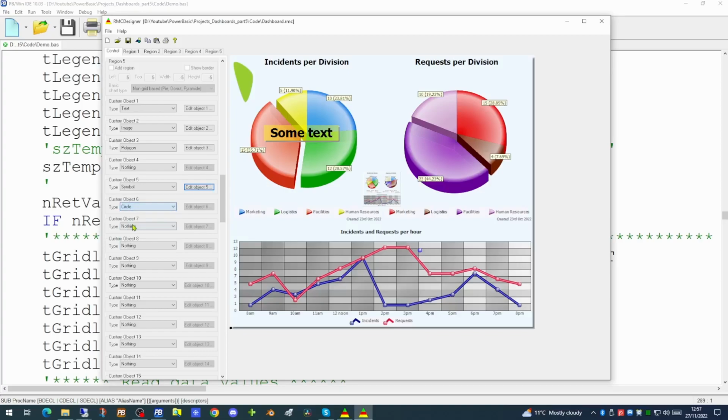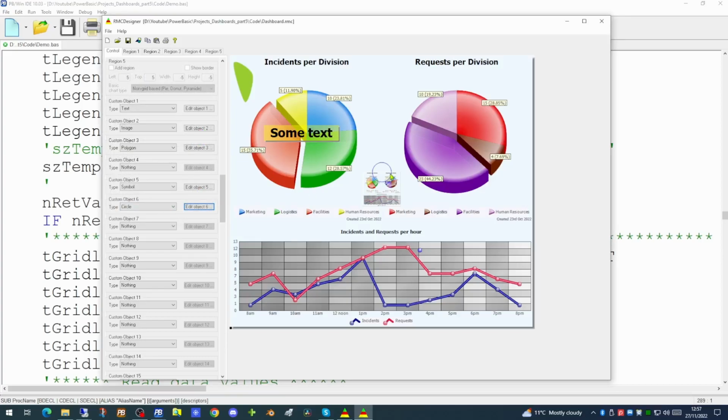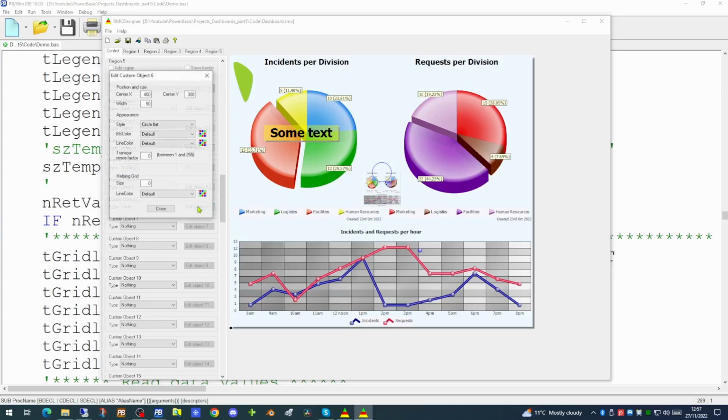We can now select circle, and we can place a circle anywhere on the control. And there is a plain circle. You can do more than just an ordinary circle though. We can change the style from circle flat to bullet, and this gives us a round, graphically filled in gradient fill.